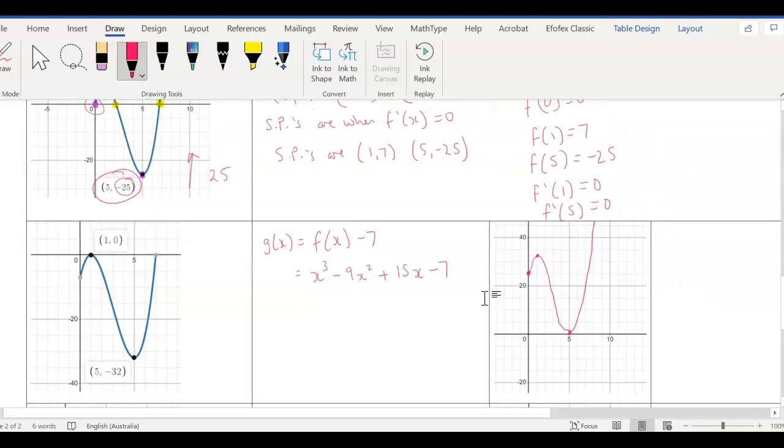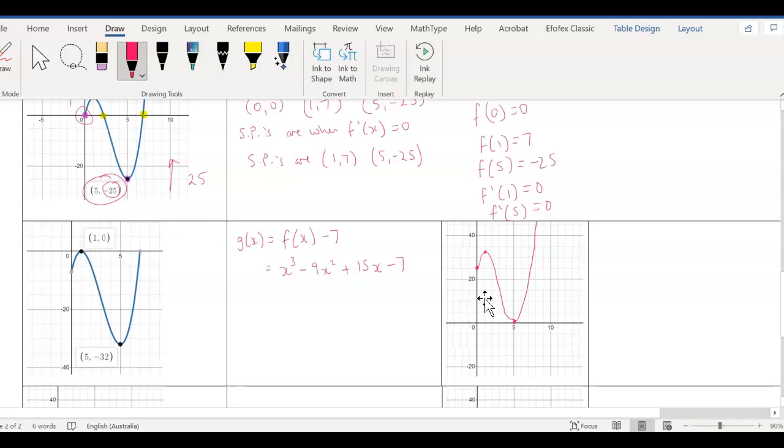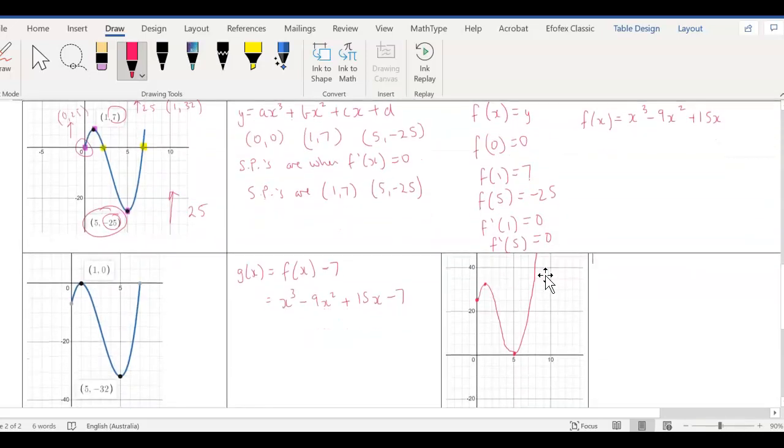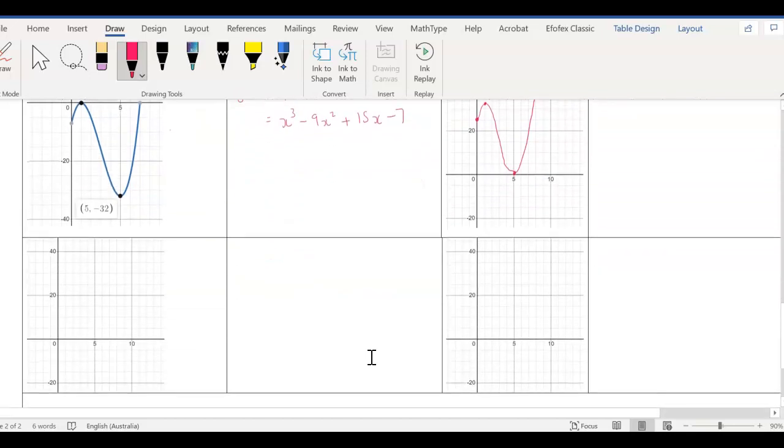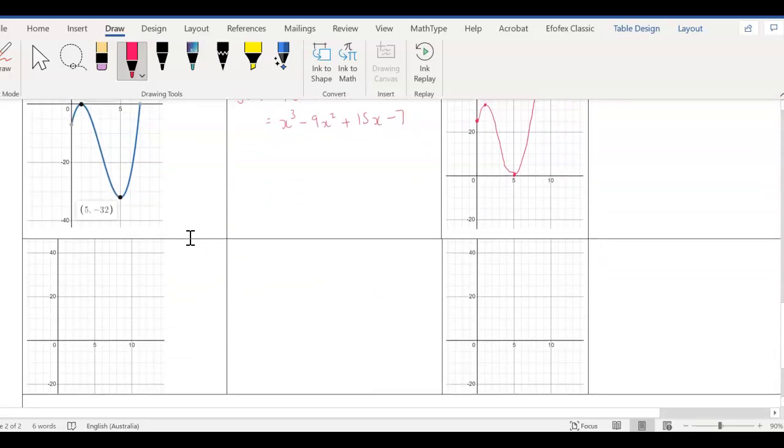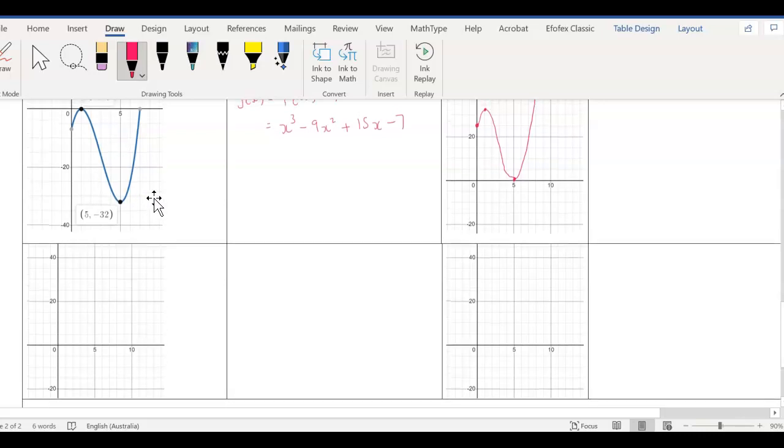Now, those three graphs are the same shape. I kept going with my graph, I probably should have stopped. It's the same shape. So when you have a graph that's the same shape, your gradient function is also going to be the same. That's what we're going to do down here, just to show you that the gradient function of both of these is the same. So if I go back to my calculator,